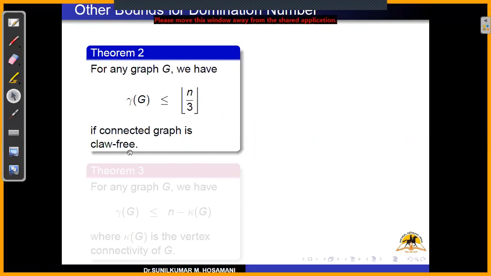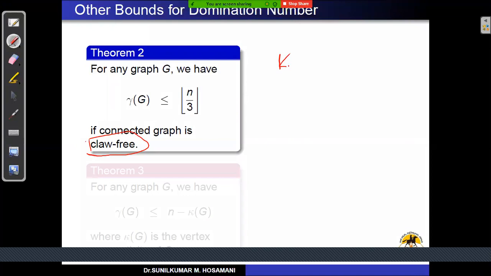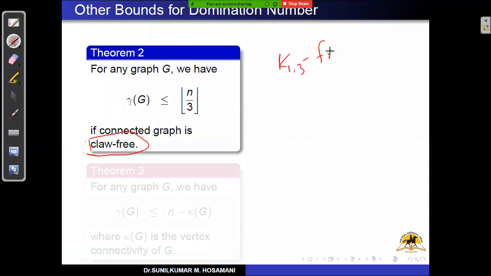Okay, so here they have used the term claw free. Okay, so claw free means a graph should be K13 free graph. Okay, so K13 free graph means, for example, suppose if I consider this graph, so this is graph G on 4 vertices. Okay, and this graph is not claw free. Suppose if I take induced subgraph of these 4 vertices, and I will get again G as it is.